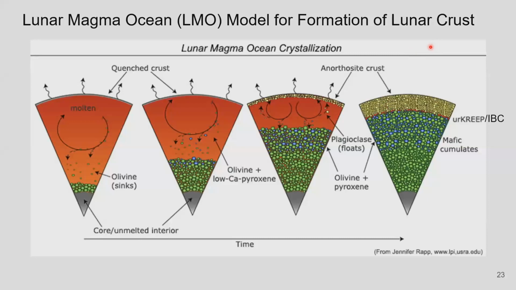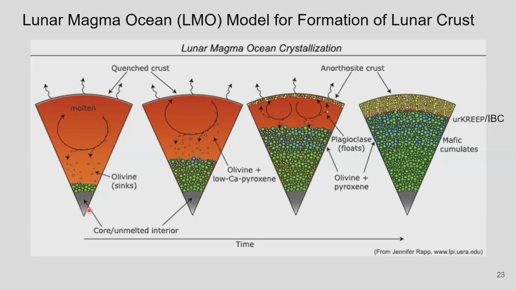Once the moon formed, the energy required to put together all those fragments led to a lot of thermal energy being released, and the moon actually melted, so you started off with a molten moon. We call this a lunar magma ocean, or LMO. The main idea for how the moon chemically evolved once it was molten is called the lunar magma ocean model. The way it works is initially your moon is pretty much molten, and then eventually